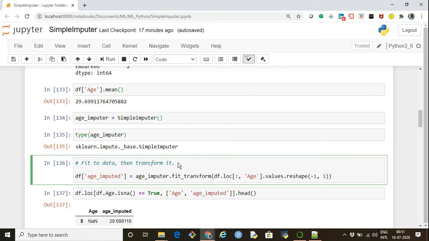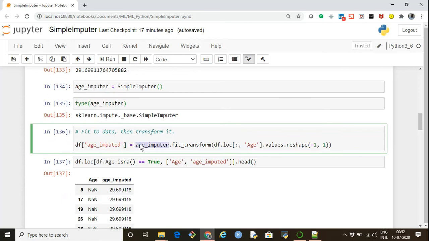We take the name of the object, age_imputer, and apply the method fit_transform to it. Within that, we have to pass the data which needs to be imputed. The data is our age column, and it should be in the form of a two-dimensional array. So we select the age column from the data frame using df.loc, selecting all the rows and the age column.